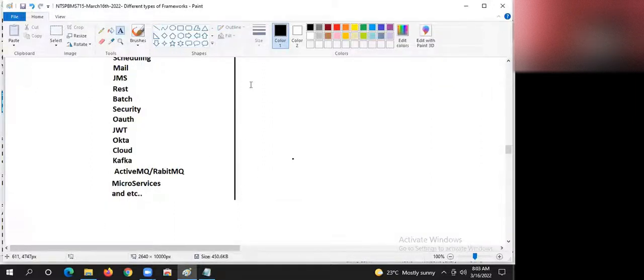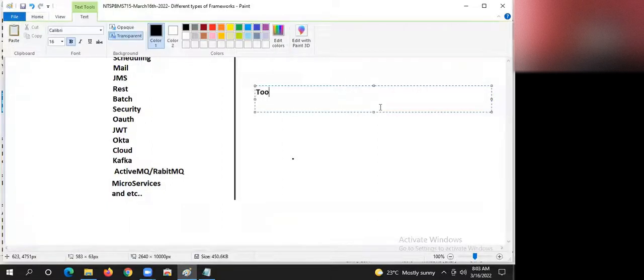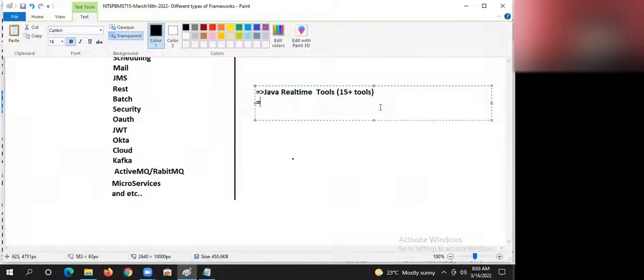And etc. means tools will be there. How many? 15 plus tools. Real-time tools, Java real-time tools. Next, 10 plus common topics.